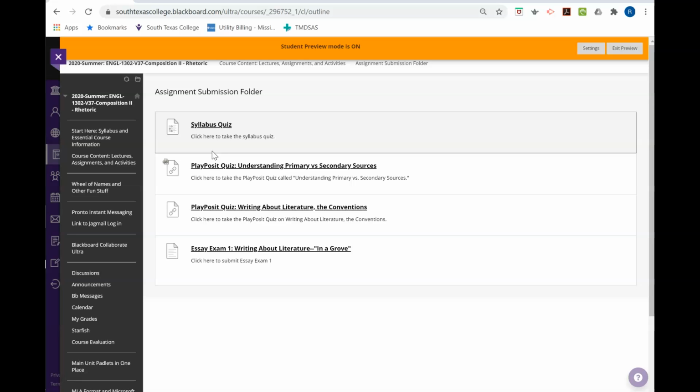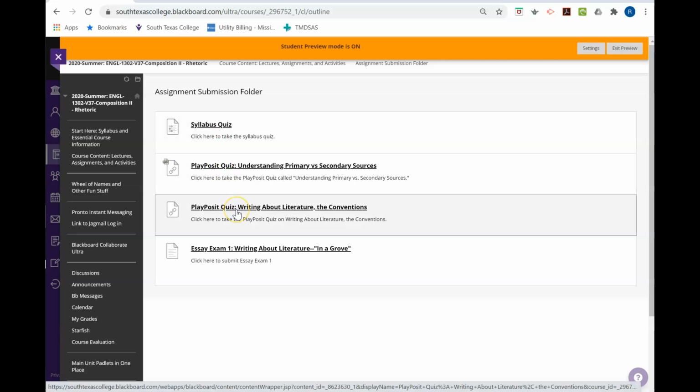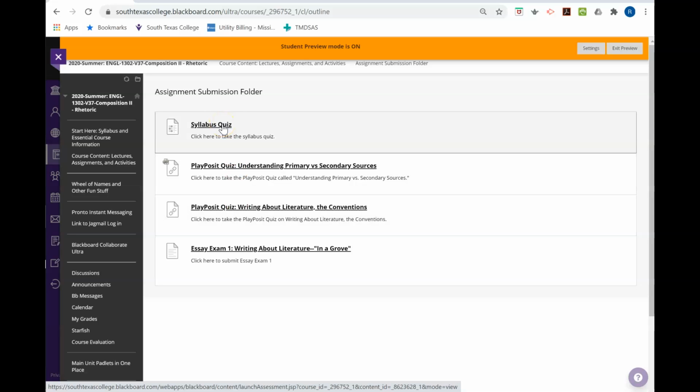So right now I have these things open. These things are not all due at the same time. We do want to try to take the syllabus quiz today. The Play Pause It quizzes are coming up soon. Those are not due today. Really, what you see here on the list is just the syllabus quiz. That's the only thing here that I would like for you to please try to do today by Wednesday, July